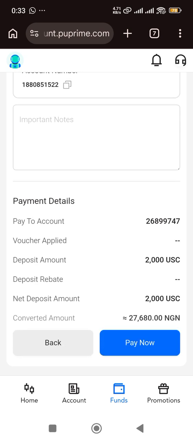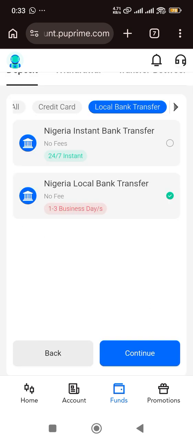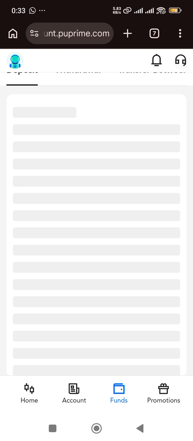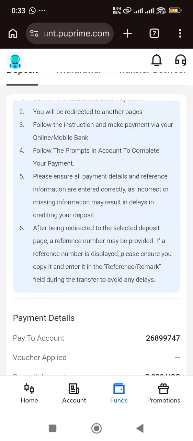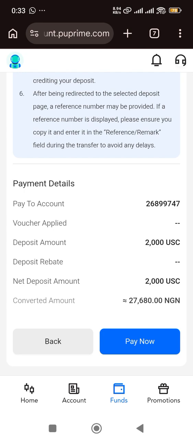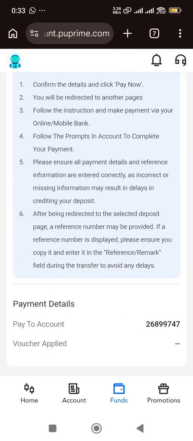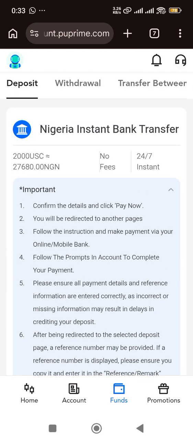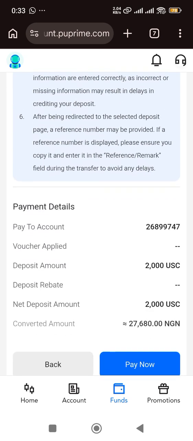Now I'm going to show you another method, which is cryptocurrency. Or if you guys want, I can show you this instance just for educational purposes, for you to see that it doesn't give you the option to upload. You see, there is no option to upload proof of payment, so that's why we don't recommend this. So I go back